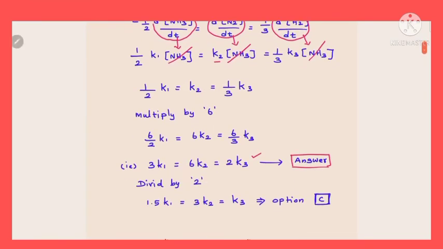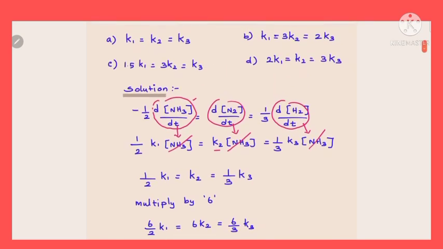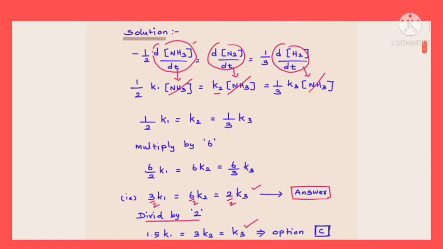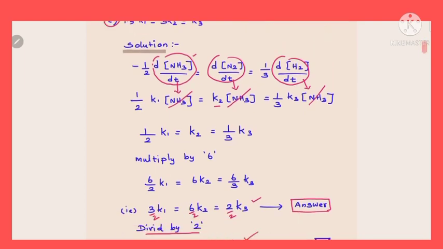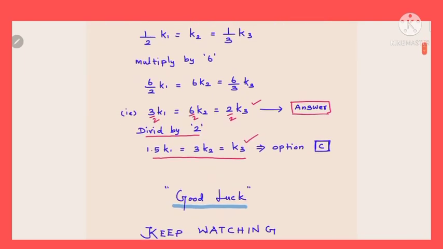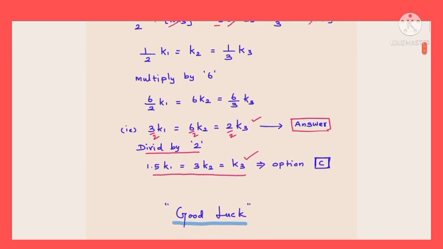Now you are given a simple form of the same. So this is divided by 2. Now 3 by 2, so 1.5, 6 by 2, 3, 2 by 2, 1, isn't it? So you get another relation. There is 1.5 K1 equal to 3 K2 equal to K3. So this will be the answer, okay. So you are given this one in the option, see, 1.5 K1, 3 K2, K3. So option C is the right answer, okay. So this is how to do the problems which are based on rate and rate expressions, okay, right.